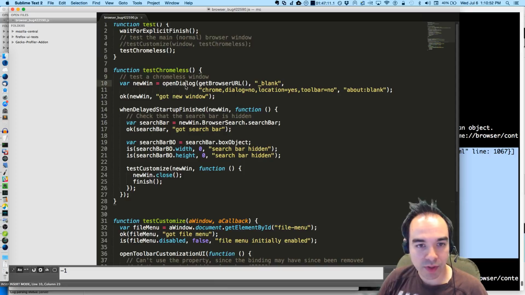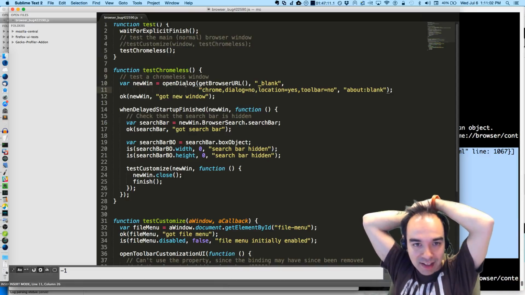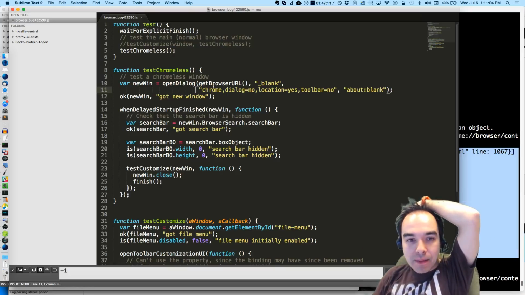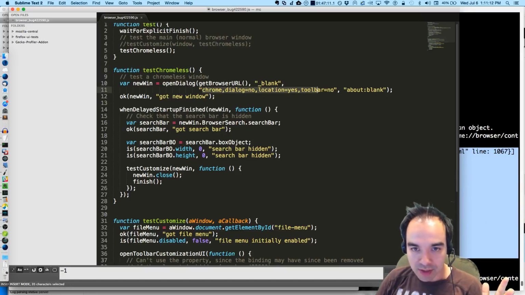For some reason, when we open this window, and it doesn't surprise me that there's a breakage here, because we're opening a window, and that's what we're changing. Part of my instincts tell me that maybe it's because somehow the window that we're supposed to be opening isn't behaving correctly. Like maybe we're parsing the string wrong, because that's something I recently refactored based on review feedback. I changed how we treat some of these feature strings, is what we call them, the feature string, and I wonder if maybe we're doing that incorrectly.